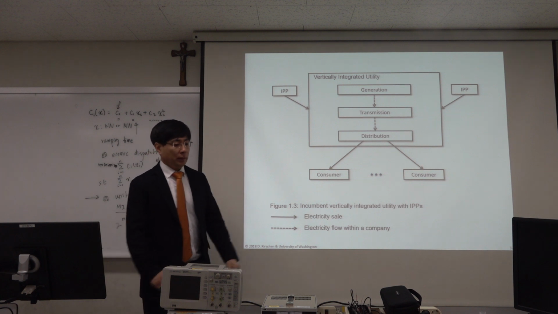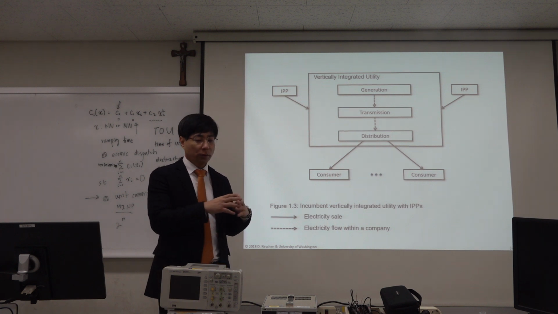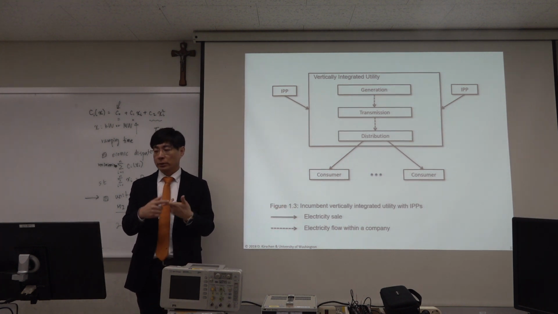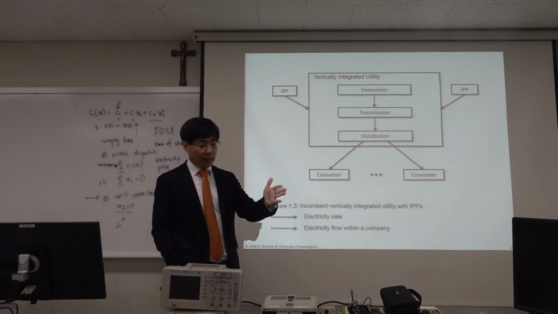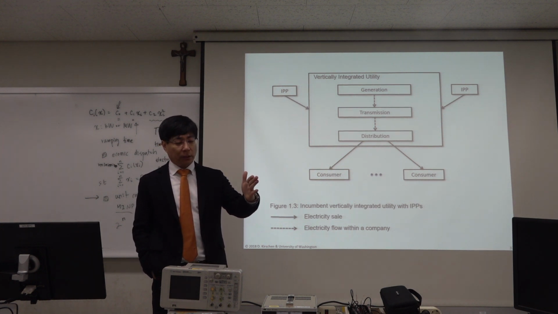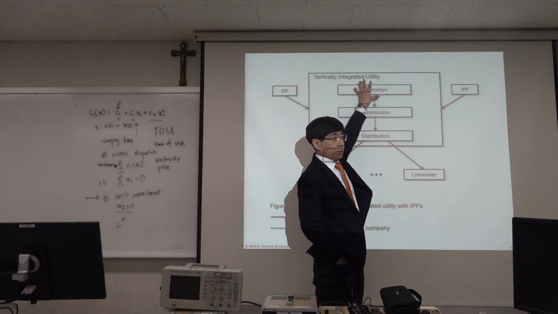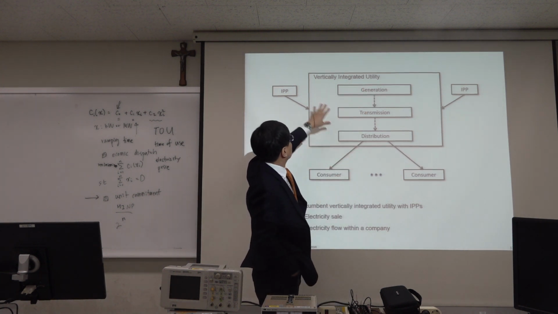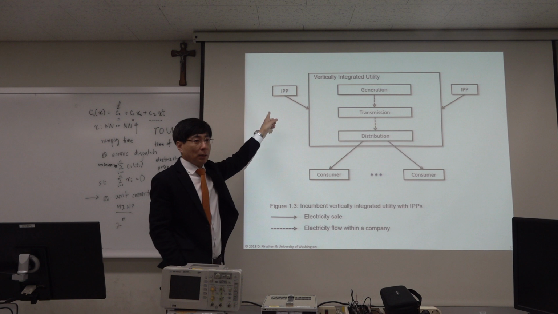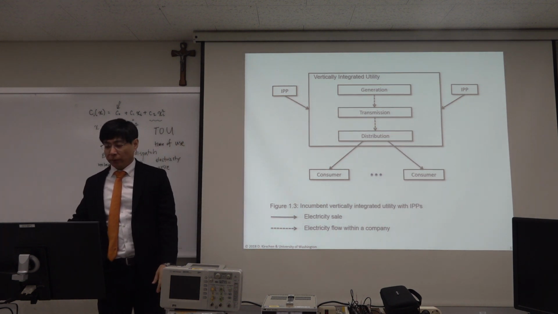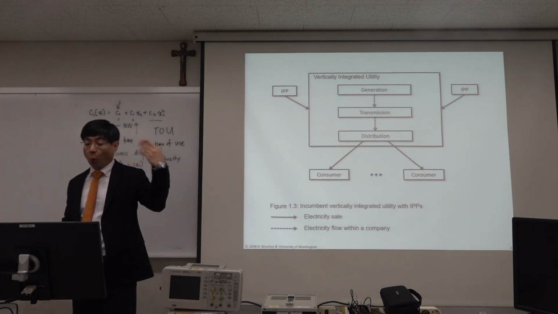Okay. So, as I told you, before 2000, KEPCO owned the generators, the transmission line and distribution line. But after that, because of the privatization, the generation part was split. So KEPCO does not have this generation. But in this figure, still we have a vertically integrated utility and independent power producers, IPP. So this is an early stage of introducing competition in the generation market or wholesale market.